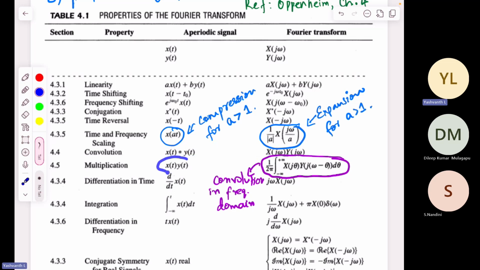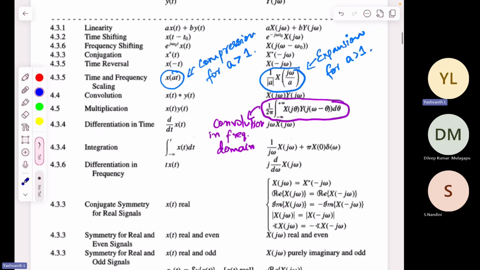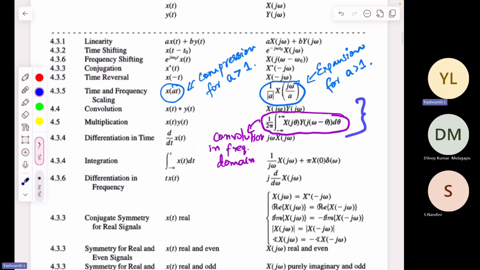Now, what happens when you multiply two signals in the time domain? Convolution will happen in the frequency domain. So it's a very nice property. If I convolve two signals in the time domain, their corresponding Fourier transforms will get multiplied. If I multiply two signals in the time domain, their corresponding Fourier transforms will get convolved. This is a very interesting property that we will use in many applications, especially in what is called the duality property of Fourier